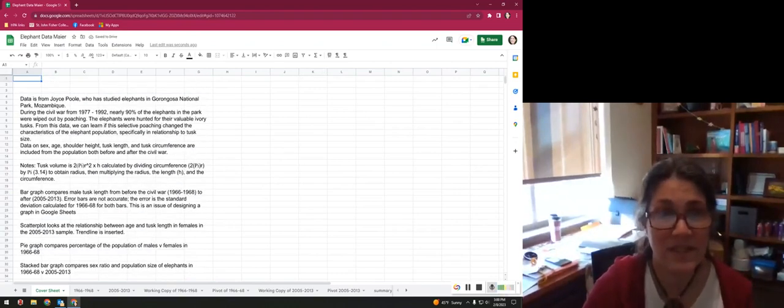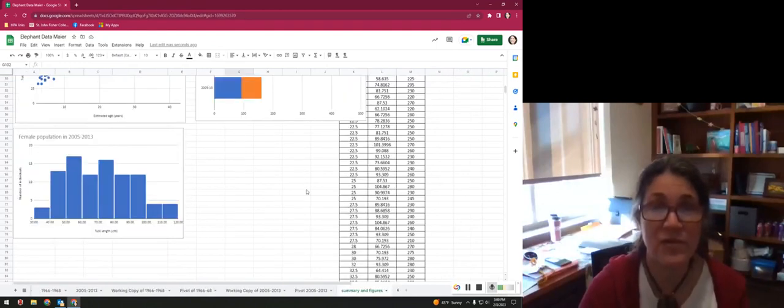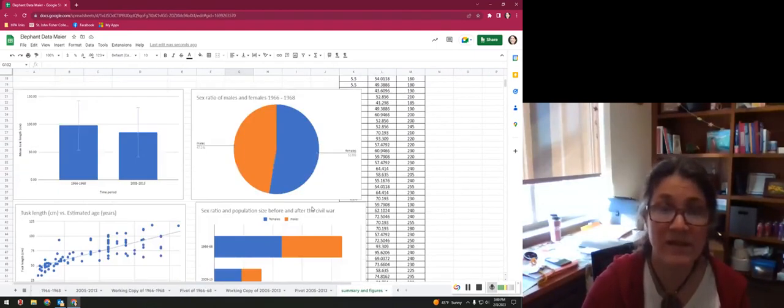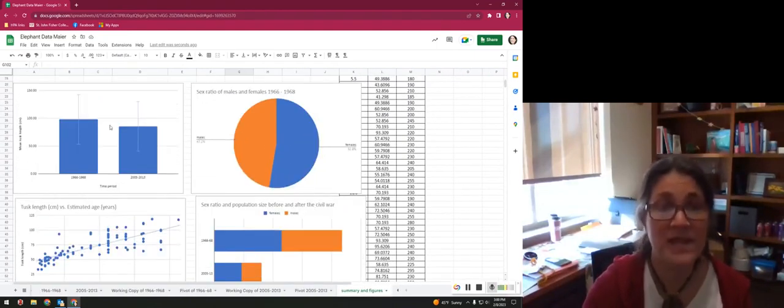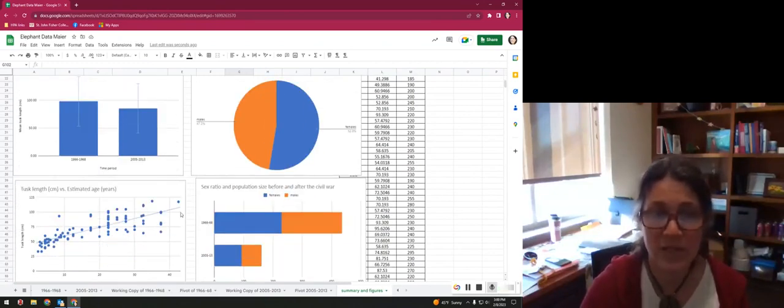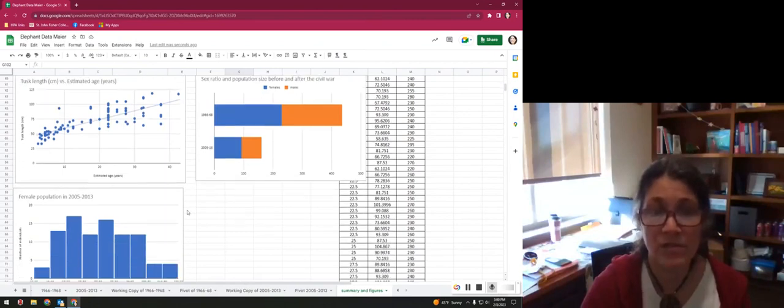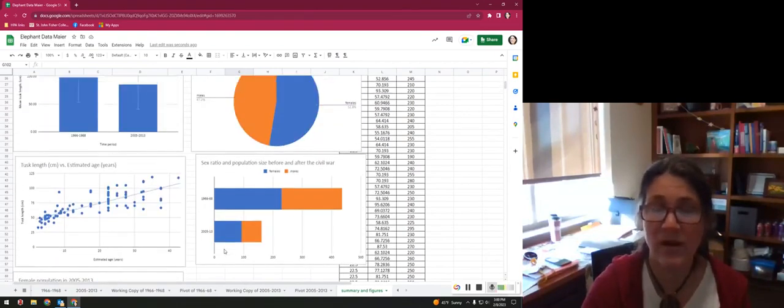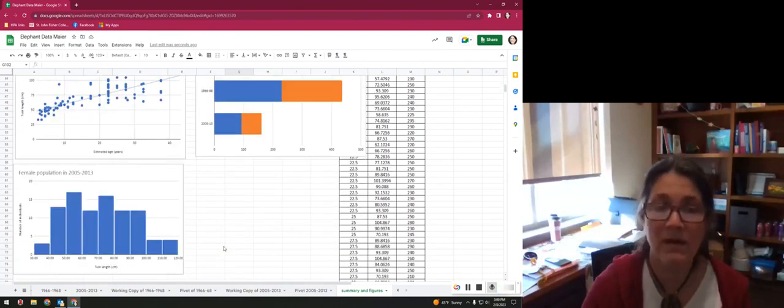Okay, so now I have a cover sheet that has all the information about the figures I have. I have a bunch of figures that show the different ways that you can compare things, or different ways that you can analyze data. You can do comparisons, you can look for relationships, you can look for a distribution, something that might tell you something interesting about the distribution of